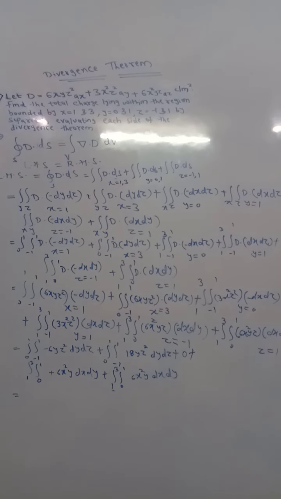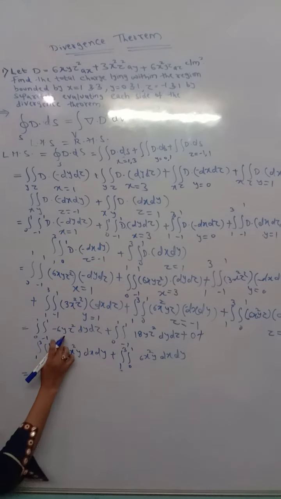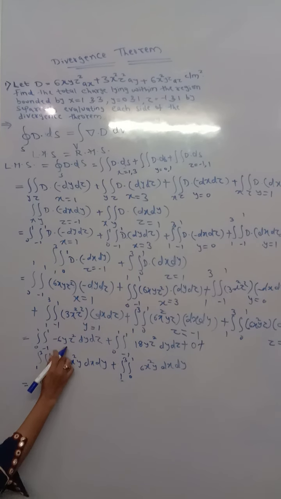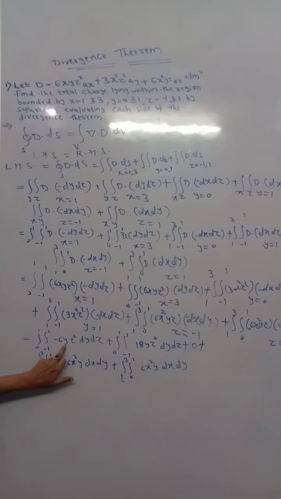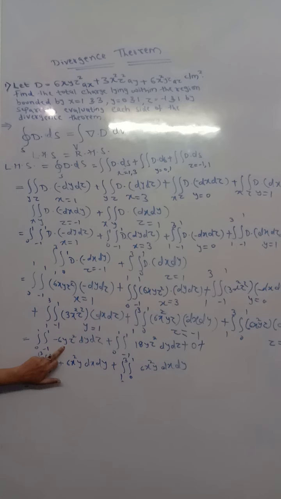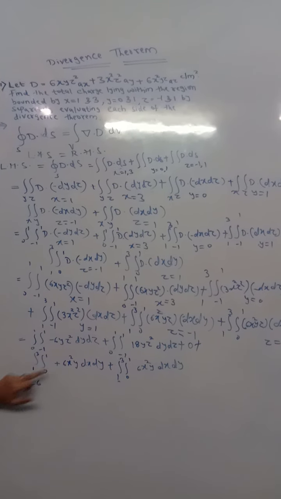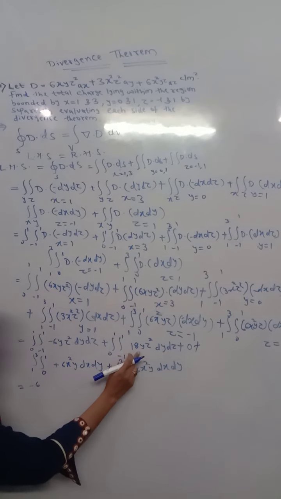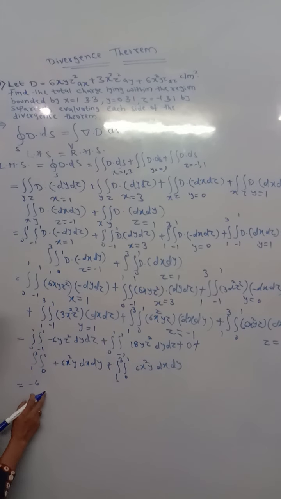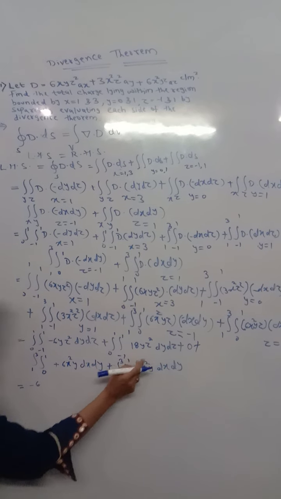So finally what you will get if you are doing 6 outside and y cube divided by this, if you are taking the minus 6 here likewise and doing again the integration, so here is the y dy z square dz. So y dy will be y square by 2 and z square dz is nothing but z cube divided by 3. Okay, so in this way you can apply. Similarly here 18 will be at the outside. Just like the 6 will be outside, similarly 18 will be outside. Y dy, y square by 2, you can apply the limit then.